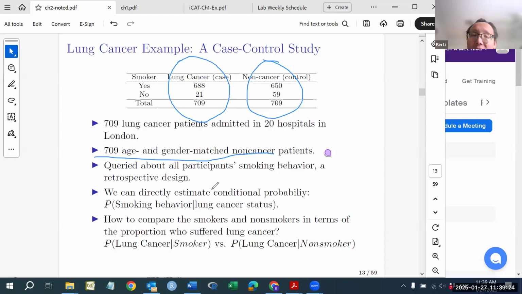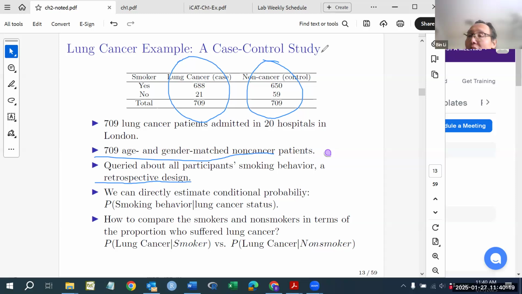Okay, so here we only consider their smoking status. Okay, so they are smokers or not. But besides the smoking status, the age and gender can also affect the rate of having lung cancer. Is that right? So by having matched control subjects, we can remove these age and gender effects. Okay, so that's the main purpose. And then we ask these patients about their smoking behaviors. So this is a retrospective study,